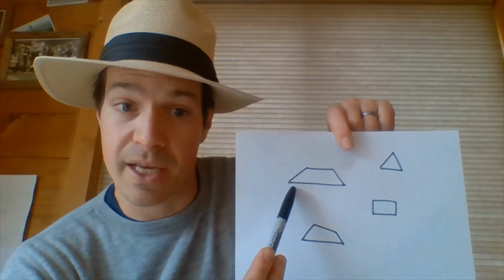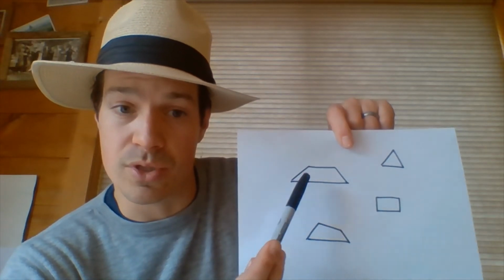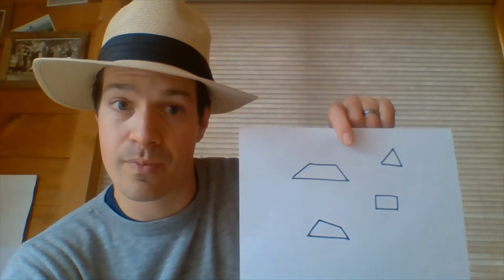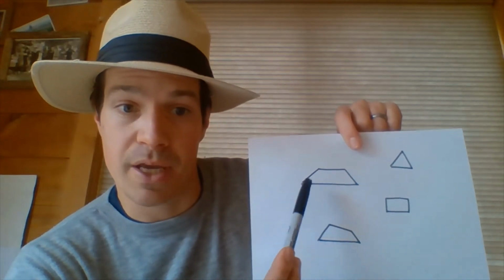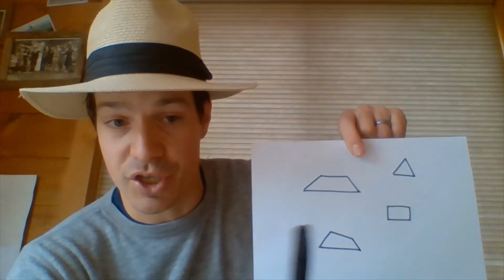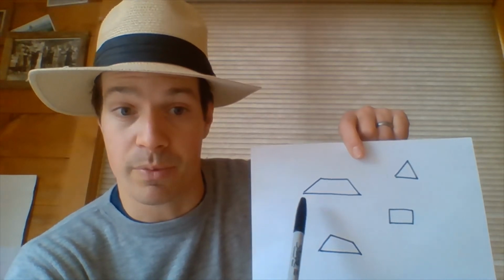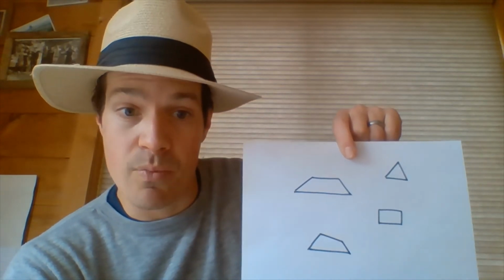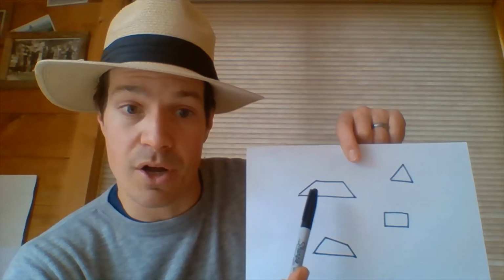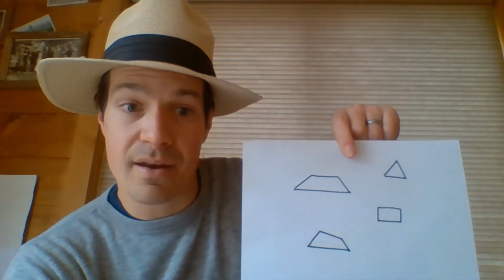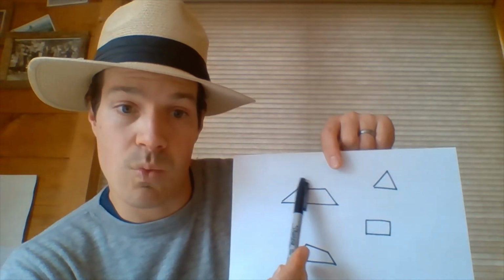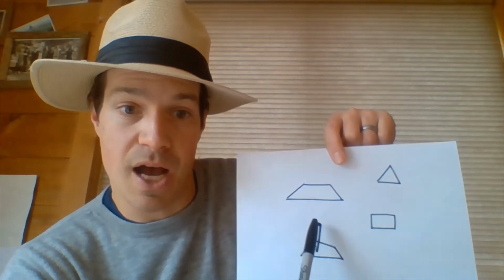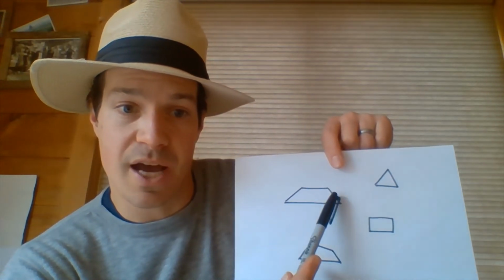This shape, take a second, think about all the words that you can use to describe this shape. The least specific word would be a polygon because it has all the straight sides, or even you could say shape, but polygon is the least specific math word we're using now. Getting more specific is that it has four sides, so it's also a quadrilateral. And then the most specific is a trapezoid. It has only one set of parallel sides. The top and the bottom are parallel, but the other sides are not.